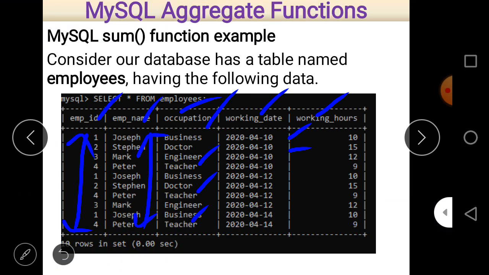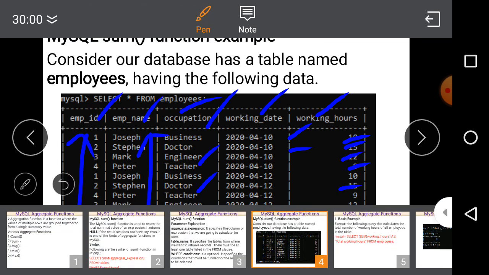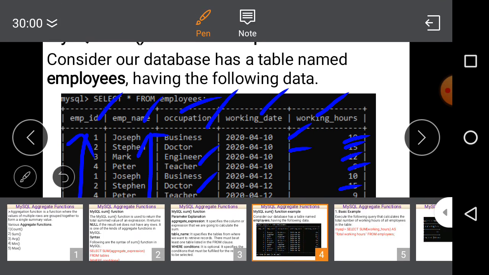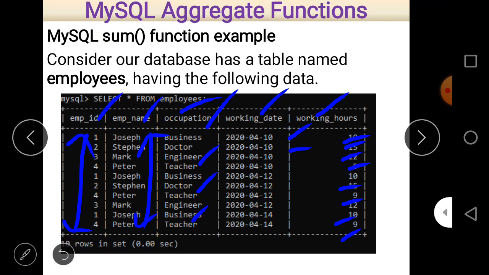And then working hours are 10, 15, 12, 9, 10, 15, 9, 12, 10, and 9. So there are repetitions of values again in the working hours. So we can conclude it as a